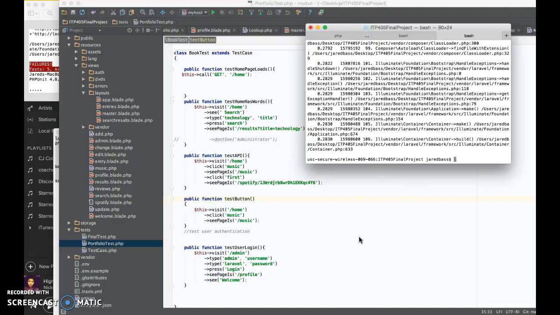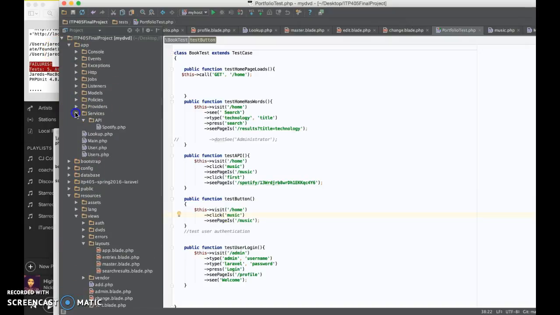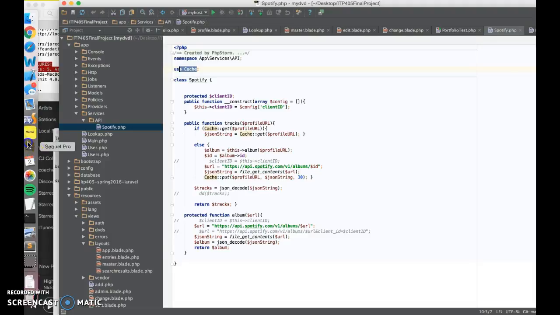Going through the requirement stuff. It's on Laravel. I showed you the API, MVC, Eloquent. Caching, you can see that it's cached under Spotify PHP, use cache, and then if we keep going, you saw flash messaging. I'll show you the database, 5 tests, blade, server-side data validation, and then finally you can see this,